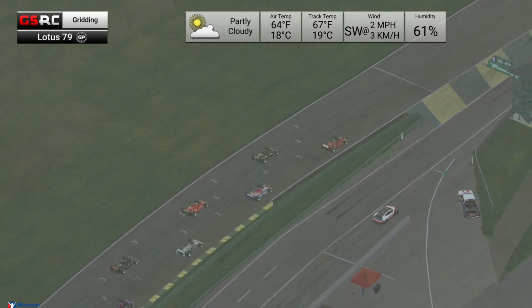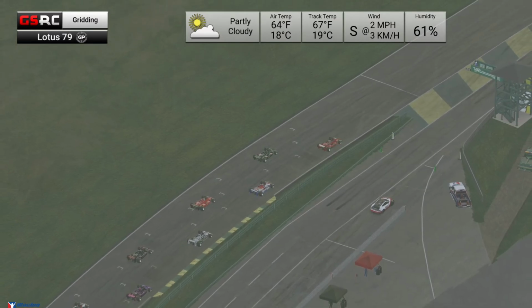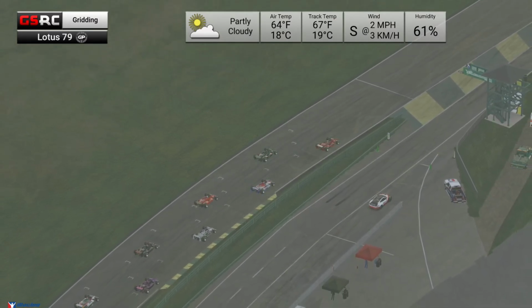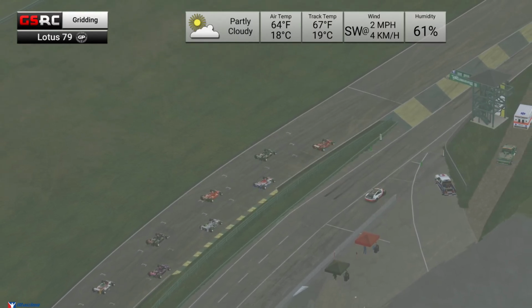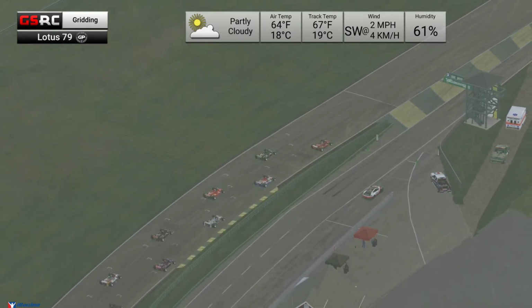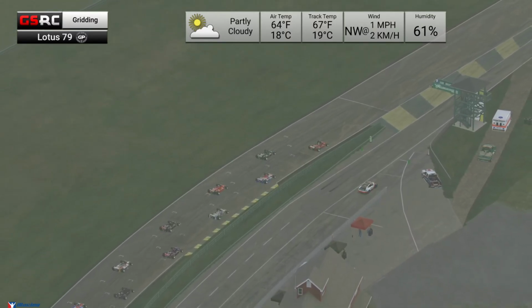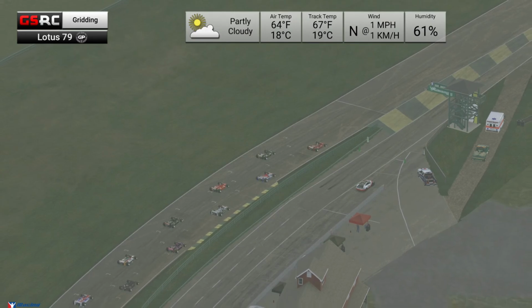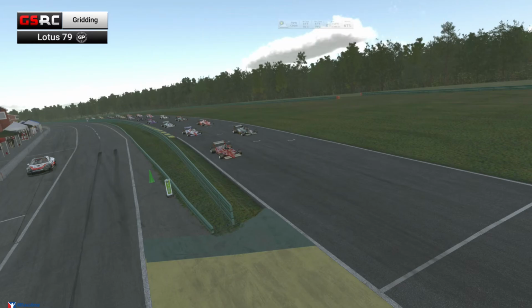Indeed. And looking to see if we have anybody else that needs to grid here. Looks like Jean Girard is going to be the last one that needs to plop himself out on the grid. And he's got about 15 seconds. I wonder if he plans to start from pit lane here. He's so far back, I wouldn't think it would matter this much, but as the seconds tick down, I think indeed he's going to be starting from the pit lane, which is a bit unfortunate,